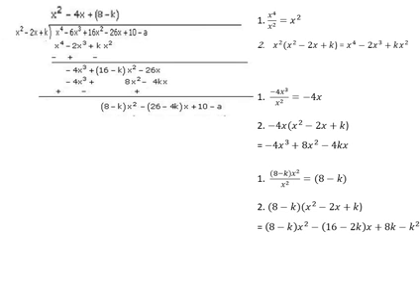Then write it below the dividend. Then the first term won't cancel. What we have to do? We have to change the sign. Not only for the first one, we have to change it for the whole polynomial. The first is given as a plus, I will change it as minus. Next term, minus of 16 minus 2k into x, I will change it as plus of 16 minus 2k into x. Then the last term, plus 8k minus k square, I will change it as minus of 8k minus k square.